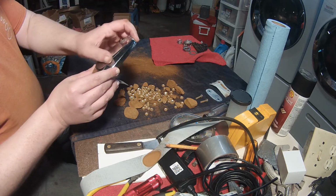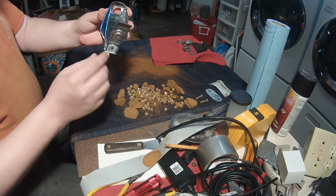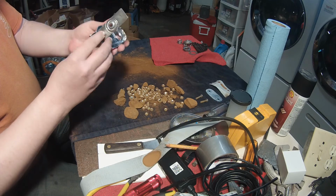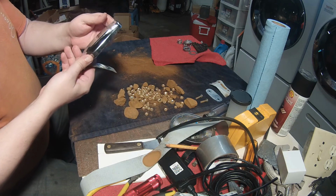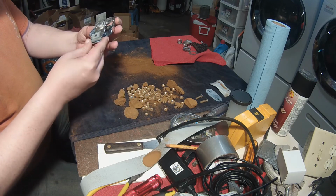where we have a nice chrome finish on one side, and then we have a bunch of bits of rust and corrosion going on the other side. It won't hurt the chrome because the chrome is made out of chromium, not iron. And then once